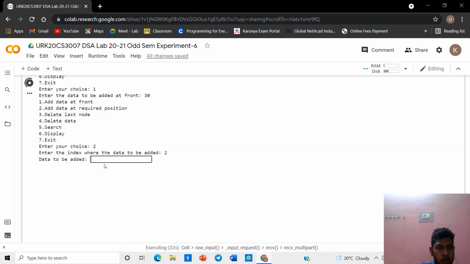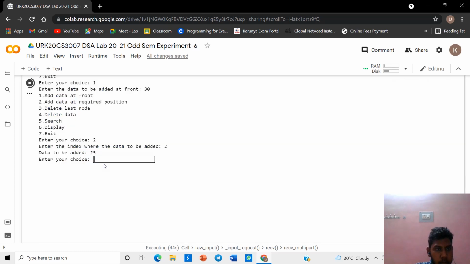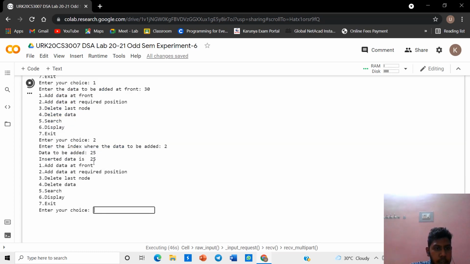Into what position do you want to insert, 20. Insert the data 25, and I want to delete the last node.